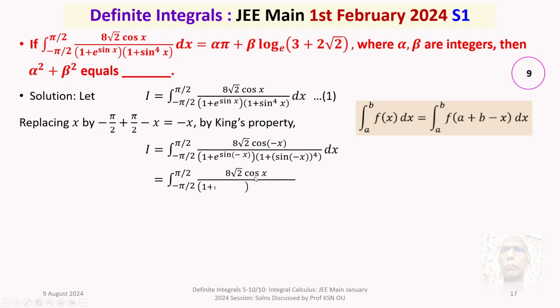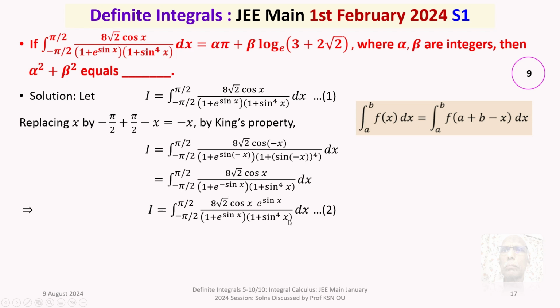So that will become 8 root 2 cos x, but here 1 plus e to the power of minus sine x, and it is a positive power, so it will be 1 plus sine to the power of 4x. You get this one. For e to the power of minus sine x, we write 1 by e to the power of sine x, take the LCM, then we get it as integral minus pi by 2 to plus pi by 2, 8 root 2 cos x into e power sine x, because 1 by e to the power of sine x comes to the numerator, and this will be 1 plus e to the power of sine x into 1 plus sine to the power of 4x dx. Adding 1 and 2,